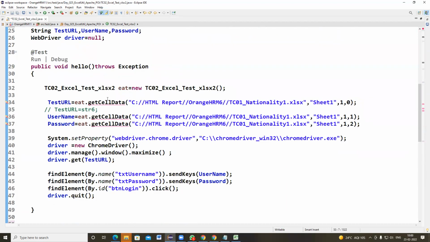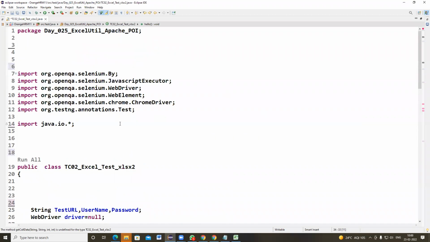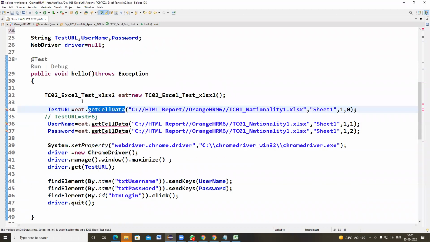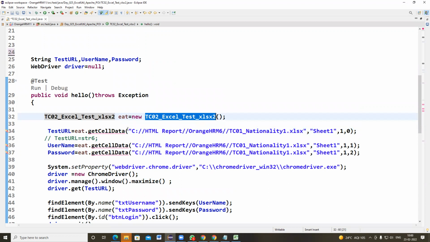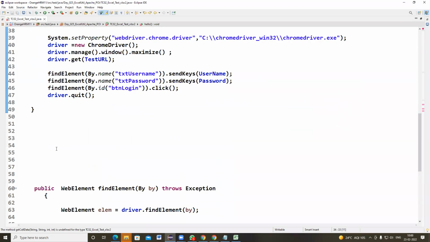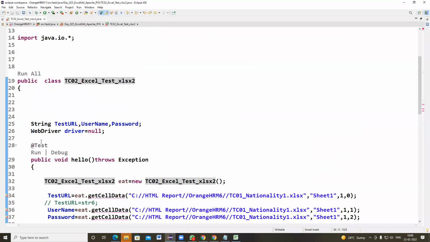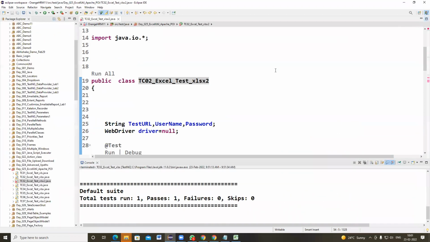Because if these lines of code are not there, I cannot connect to this Excel file and sheet. I have just created an object for the current class and I'm trying to read the input value, but the implementation method is not there. So this method won't return any values because there is no reference method implementation.